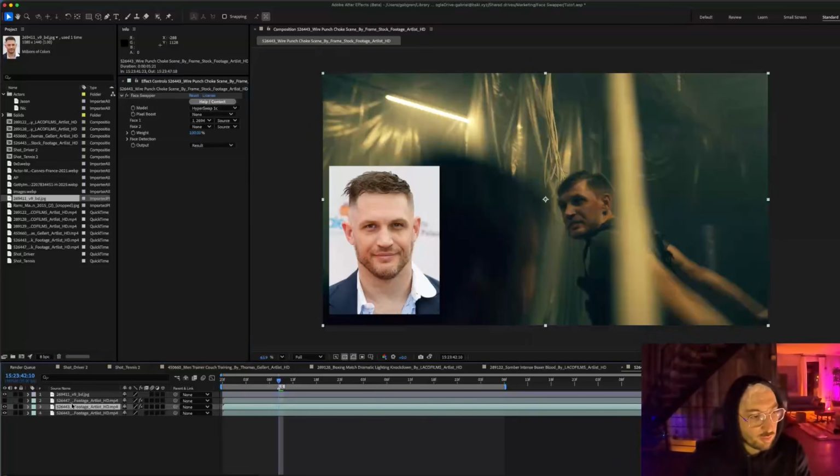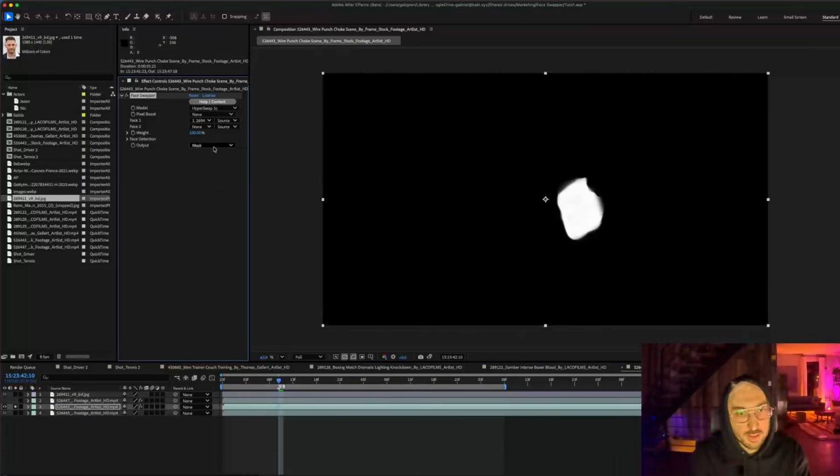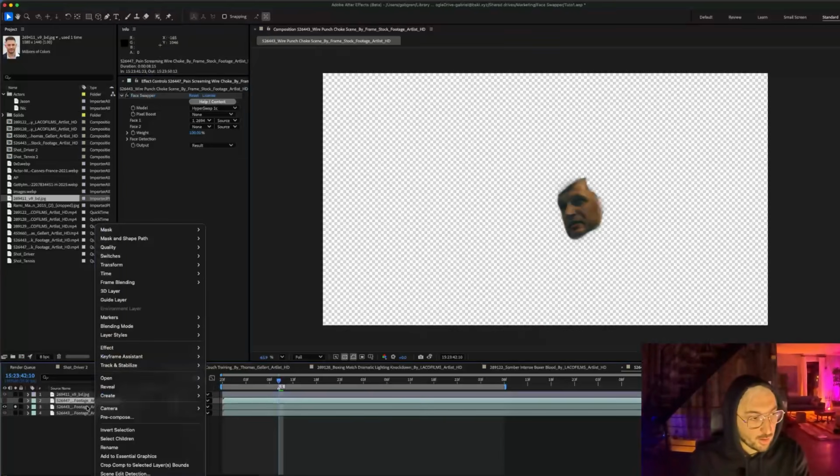I'm just going to keep Face Swapper on the second layer, which is a copy of the first one, and set the output to transparent. I'm going to solo this layer, and you see that it only outputs what changed in the image, so the mask. By the way, you can also output the mask. It can be useful, but with transparent, then you can